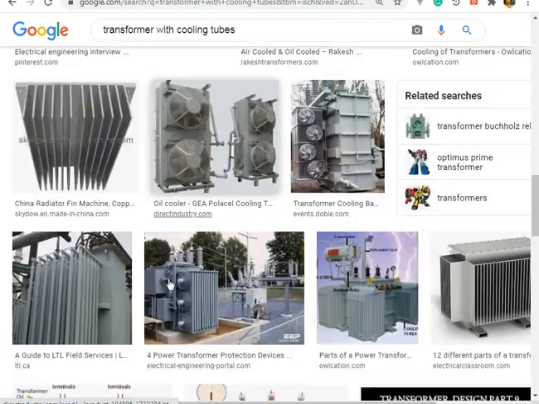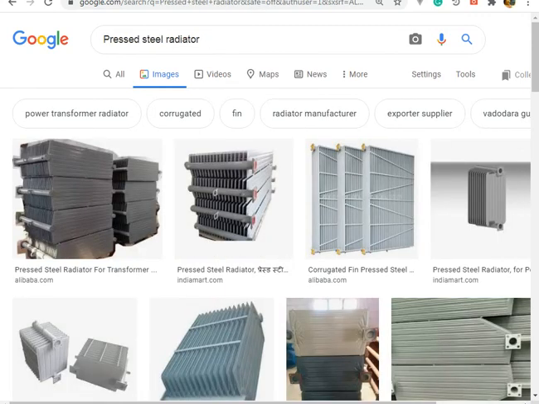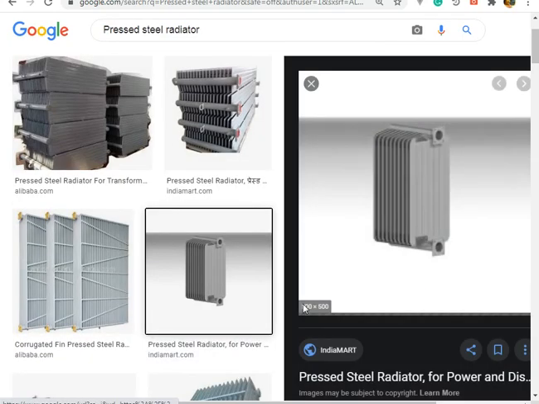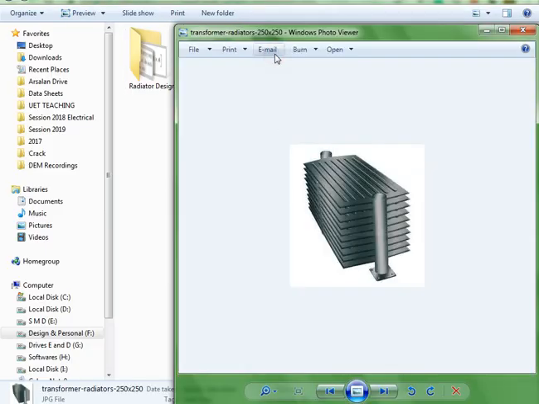It's for there. Actually, we normally use it. Now the world has shifted to this type of radiator. Now what is this type of radiator? This is called a pressed steel radiator. Now what I mean by this, let me just zoom in on this one and you can have an idea what I'm talking about here, or actually let me just show you. This one,